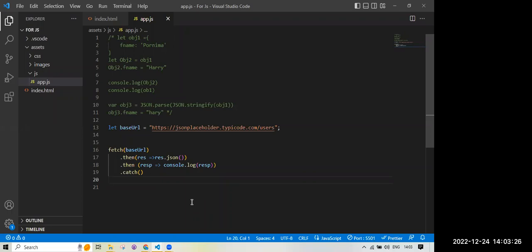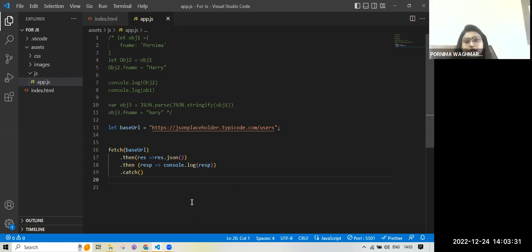Tell me what are decorators? A decorator is basically a design pattern which tells how Angular features work. In decorators, we have class decorator, method decorator, property decorator, and parameter decorator. A class decorator defines that a particular class is a component or module.